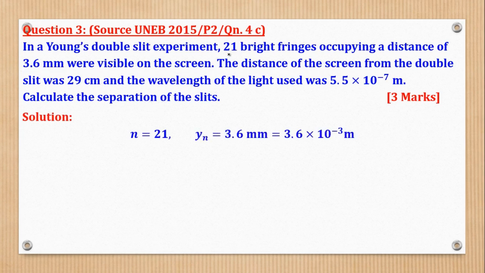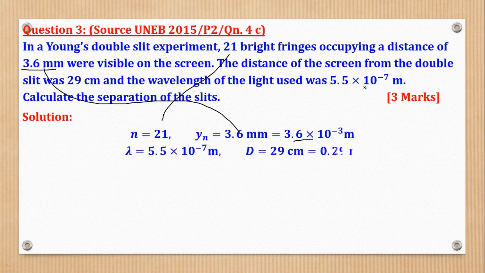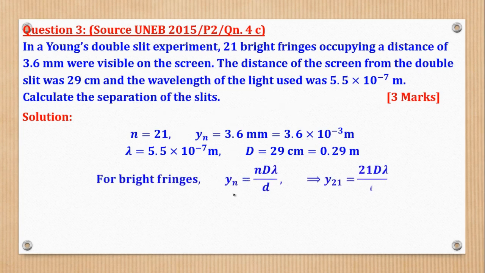n is 21 and y21 is 3.6 millimeters. Convert to meters. Then the wavelength is that, and the distance of the slits from the screen is 29 centimeters. Convert to meters. So now that you have interpreted the question, we shall come and say for bright fringes, this